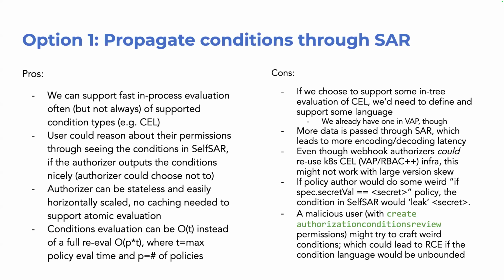Yeah, call it whatever. I'm trying to think, would there be a self version of that we would want users to be able to call? I don't think so. The reason I asked is that the pro of having self-SAR include these conditions is that users get a better sense of what their authorization capabilities are, but it's still not the complete answer for what the mutating admission plus validating admission webhooks and in-tree stuff are going to do. So it gets them closer to the answer, but not necessarily the final answer.